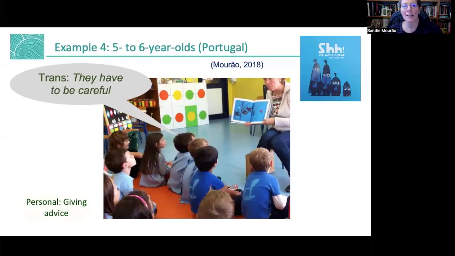And I think this is the final one from this example. This little boy is giving the characters in the book some advice. So it's a transparent response, and although it could also be a personal response, I've put it in the personal response, haven't I? Giving advice, that's right. So he's talking to the characters and he's telling them what he thinks, that they should be careful, because every time they fall, this also frightens the bird.